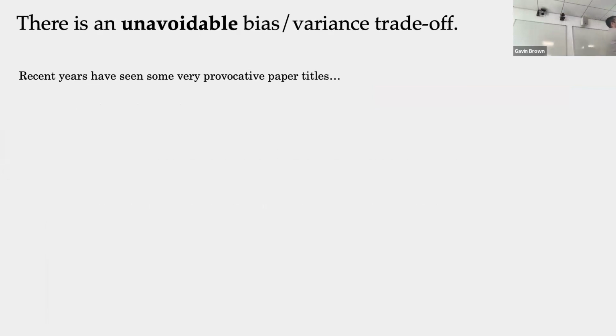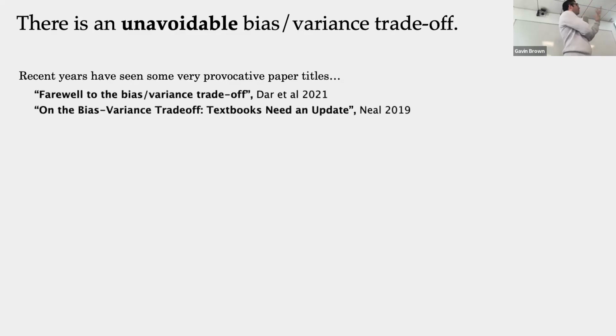So in recent years, unless you've been living under a rock, with deep learning, people have been saying deep learning's amazing, it can do anything. And people have published things with quite extreme titles and claims saying, for example, farewell to the bias variance trade-off. They say, oh, this is irrelevant now. Deep models don't obey the bias variance trade-off. And this particular document claims that textbooks need to be updated because the bias variance trade-off is irrelevant. Downloading it. Oh, God.